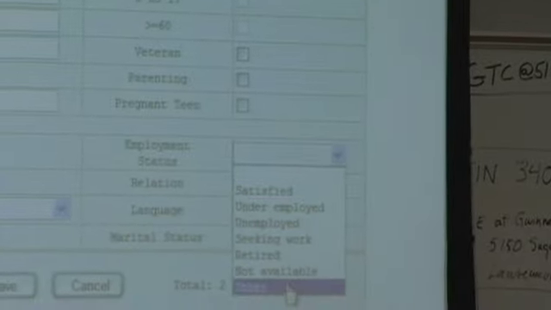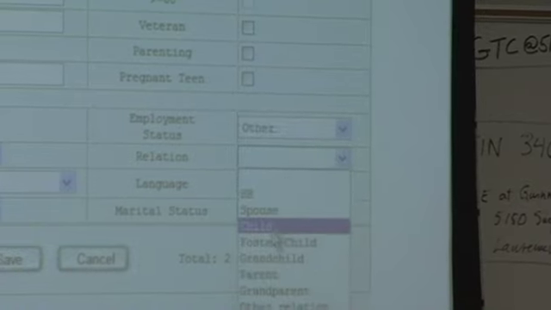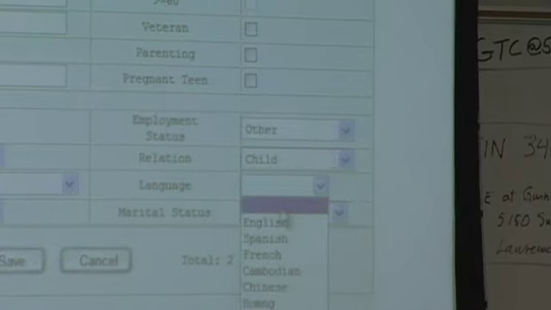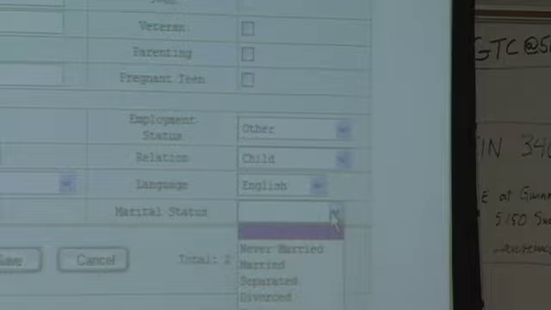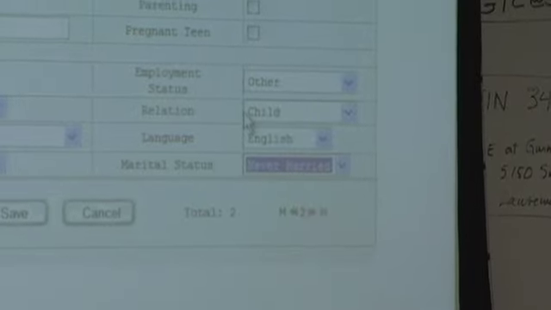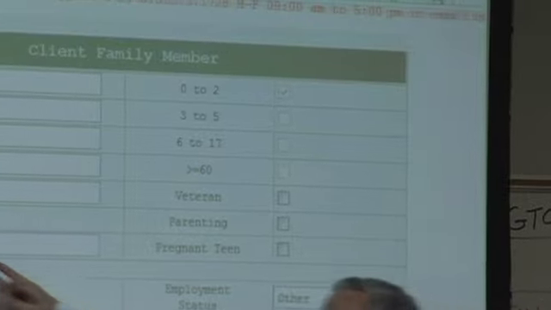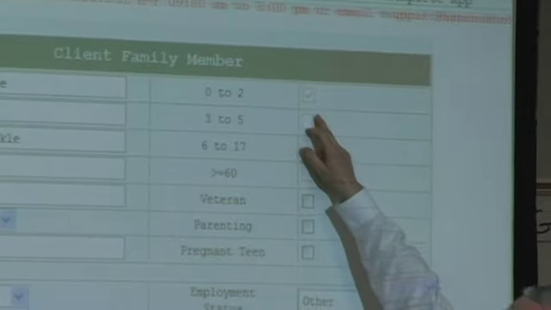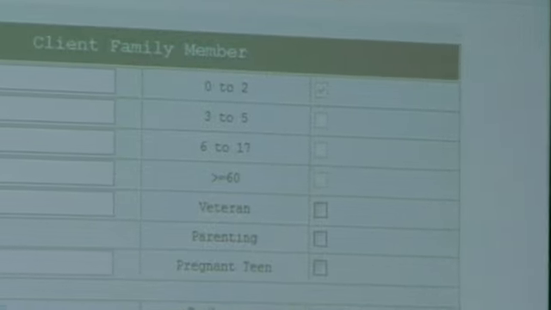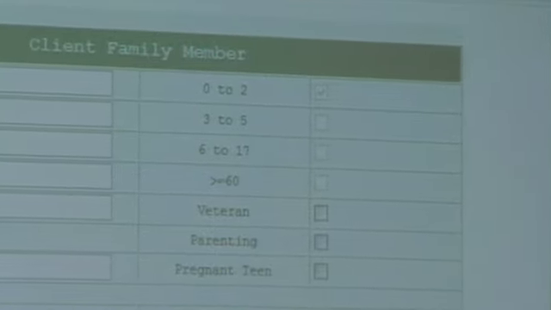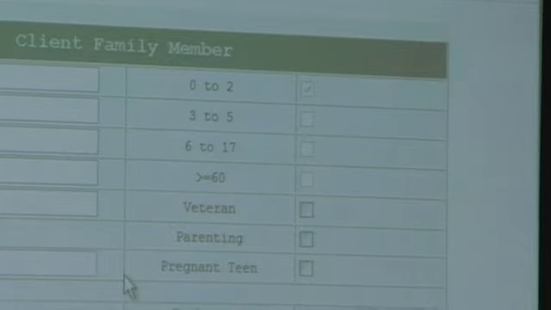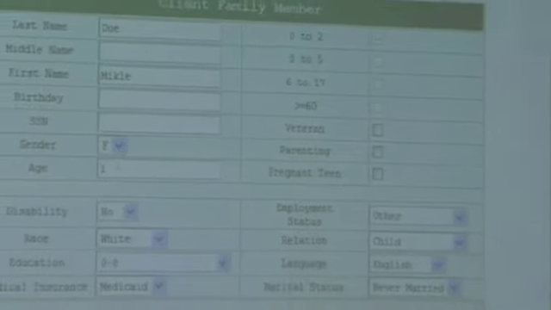Unemployment. Marital status. Probably never married. Again, you'll see by putting an age of 1 here, I've already automatically checked the 0 to 2 checkbox. So now when I go back here and save this record, if I go back to my client info, now I'm going to have